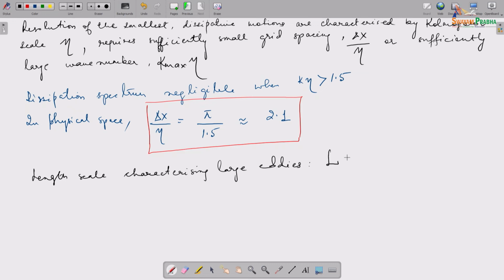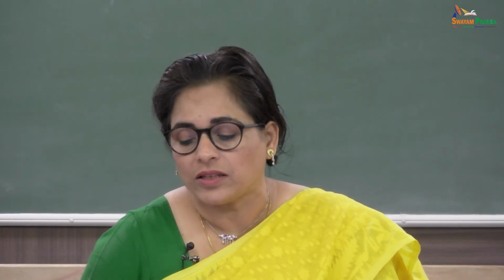This is L, and we have been using this L earlier also. When we were describing the Kolmogorov scales, we said something about L plus, and we said this is close to the domain size. That was the large eddy size, and that is close to the domain size, right. So, here also we have said that this domain size is about 8 times the integration scale. So, the length scale characterizing large eddies basically is L, and this is something